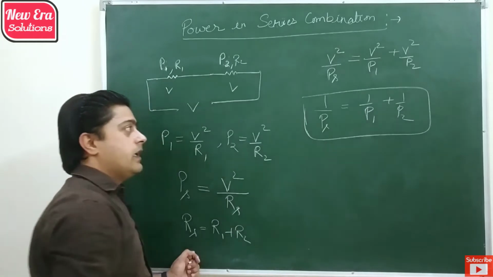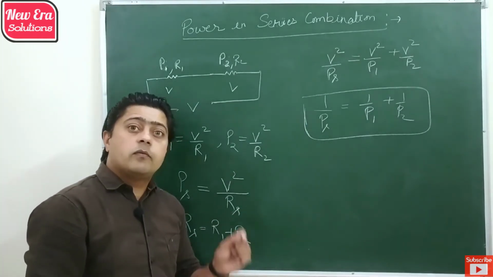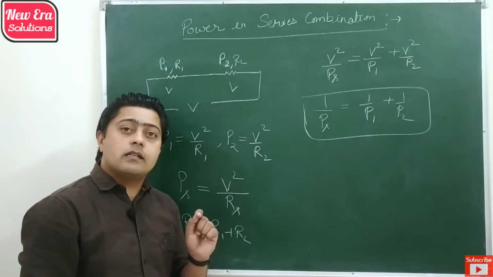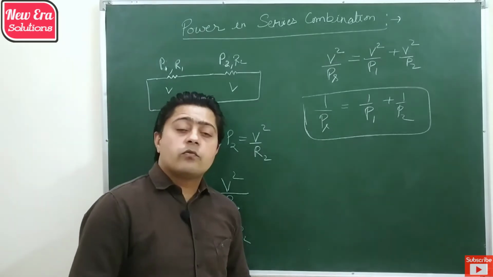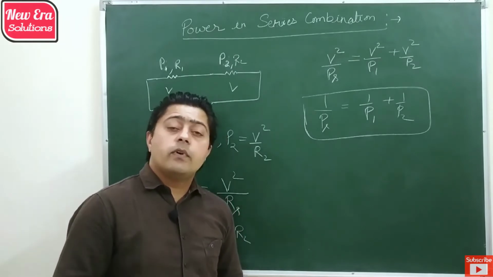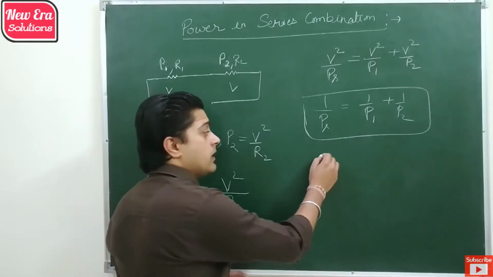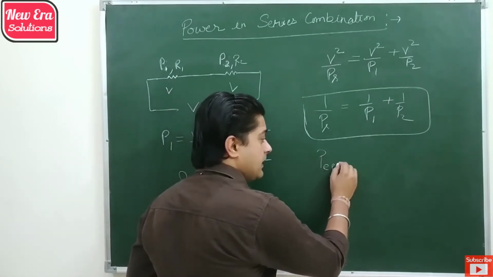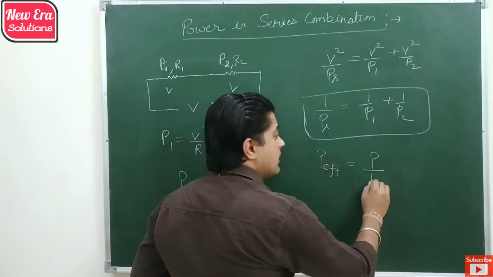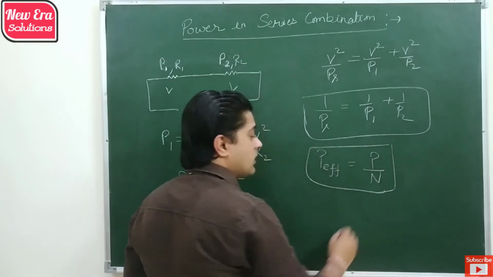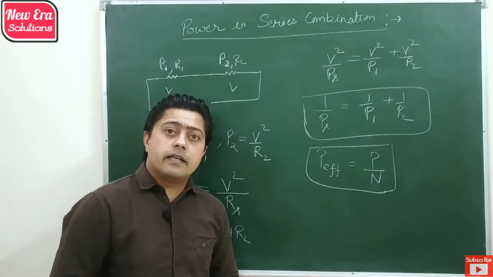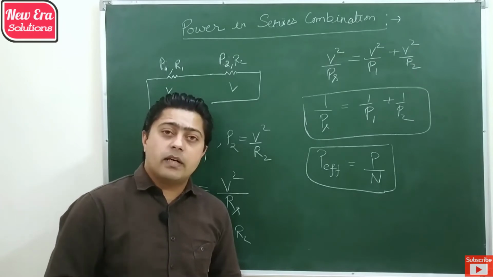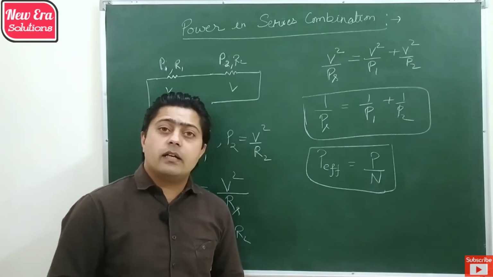So we observe that the reciprocal of the power consumption of the circuit is the sum of the reciprocals of each individual power. From that formula we also observe that when identical devices are used in series combination, the effective power is the power of one device upon the total number of devices used. In that case, as the current in series is the same, the device with the lowest voltage rating shows the highest brightness and will be damaged first if the current is exceeded.